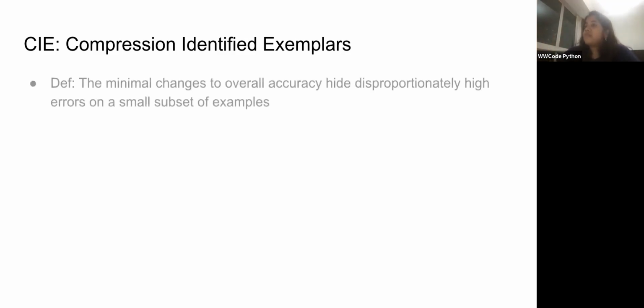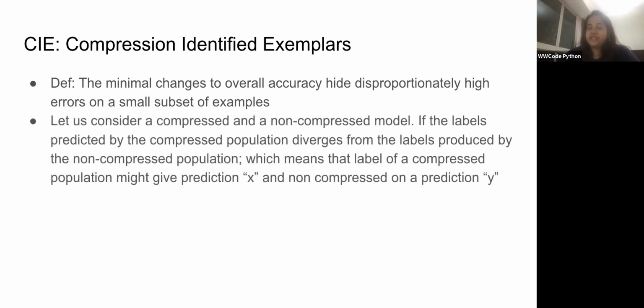So yeah, compression identified exemplars is defined as minimal changes to overall accuracy that hide disproportionately high errors in a small subset of examples. Another line here has a lot of things in it, but let us look at what it really means. When we look at compressed models, like pruned or quantized models, versus non-compressed models, it means